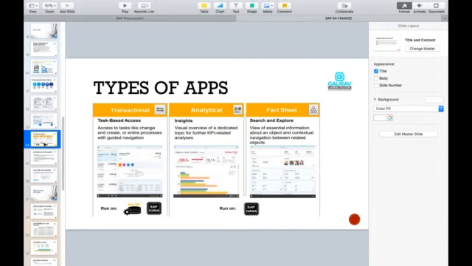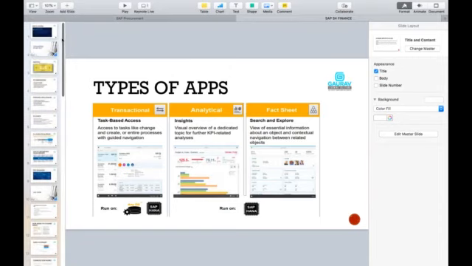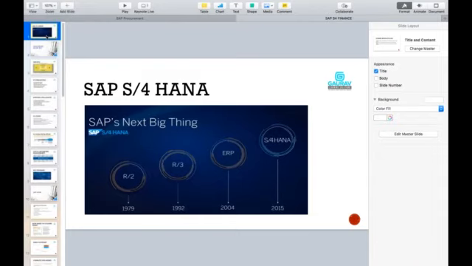Okay, let me just go through from slide 1 whether we completed everything or have something left, because in tomorrow's session we will be talking about the SAP Activate methodology.